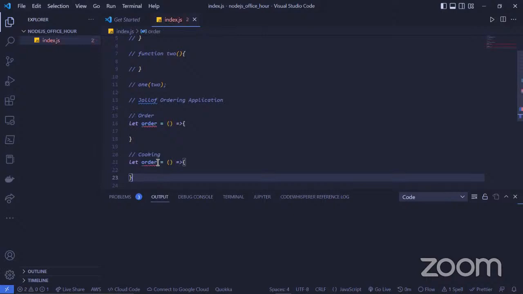So we have order and we have cooking. After we are done with this, I think there are some codes I will write to explain async and asynchronous processing. But for now, let us stick to callbacks. So what we want to do is